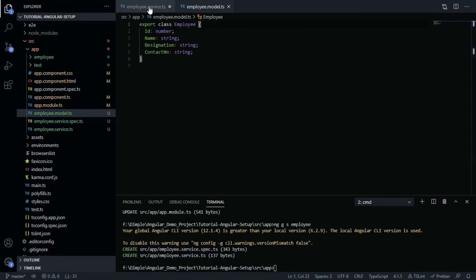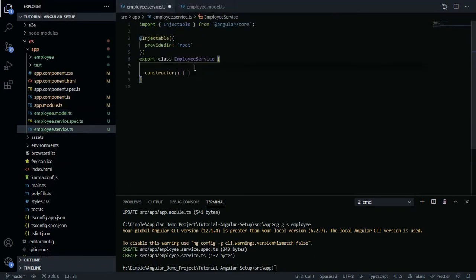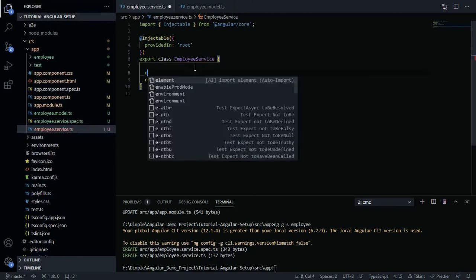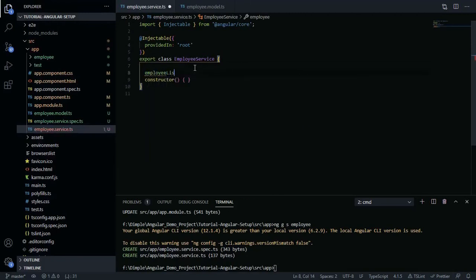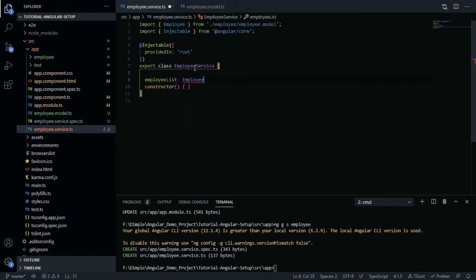Now let's move to the employee service. So I need to create a variable which would be an array of employees. Okay, so now I'll type employeeList as an Employee array, or you can say array of employees.